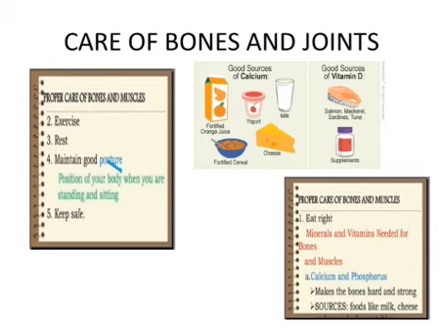Care of bones and joints. As I mentioned earlier, we really need to take good care of our bones and joints. So we should do proper exercises, get good rest, maintain good posture, and keep ourselves safe from injuries. Because if we get hurt, a fracture of the bone can happen, and then we have to do plastering. Why do we need plastering? Because bone can regenerate itself due to some tissue, which you will learn about in the next class, in class 6 or 7. But remember that bone has its own regenerative tissue. For it to regenerate, the bone needs to be kept straight, so we do plastering.